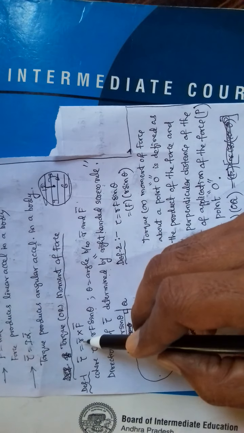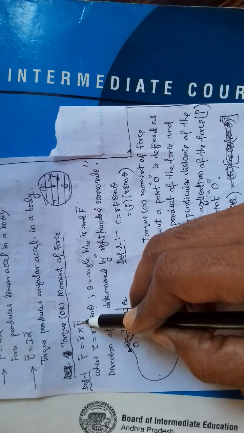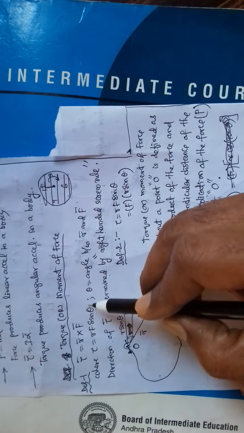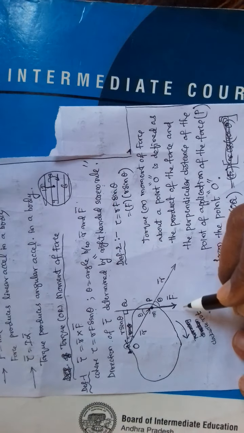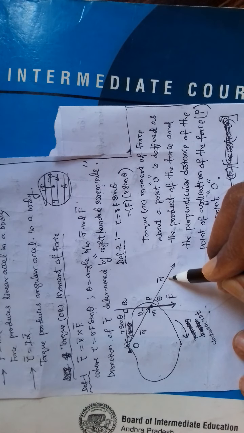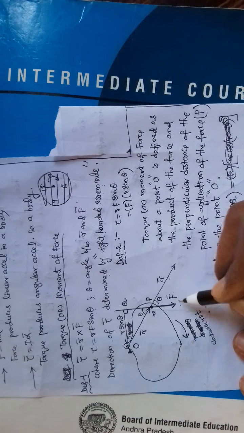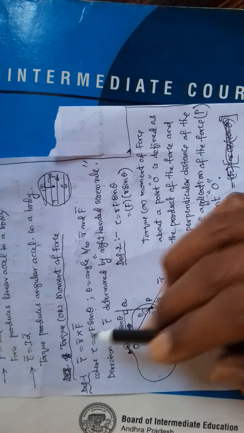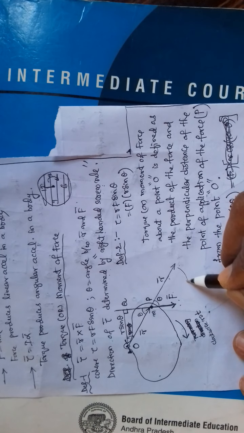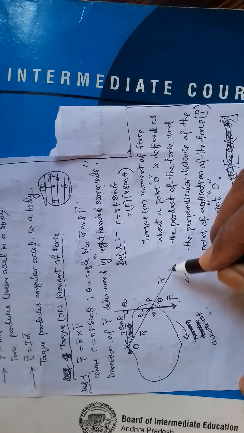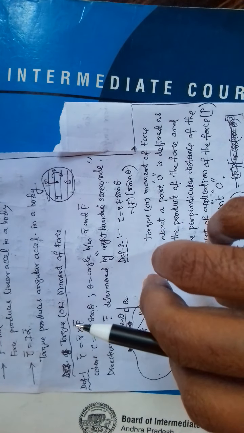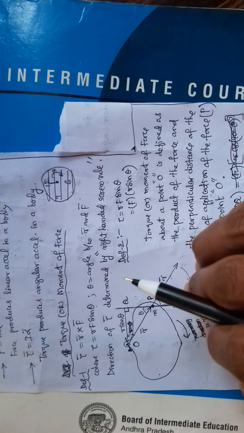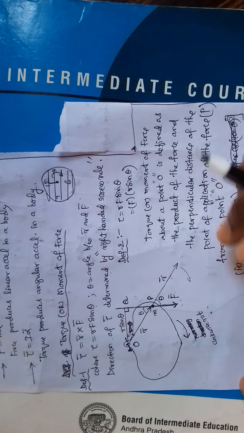When the screw is moved from R to F, then see, suppose here, let us see in this diagram, this is the position vector, this is the force vector, and R cross F means from R to F you move. So if you move the screw like this, that is clockwise. When the screw is moved clockwise, it gets into the page.